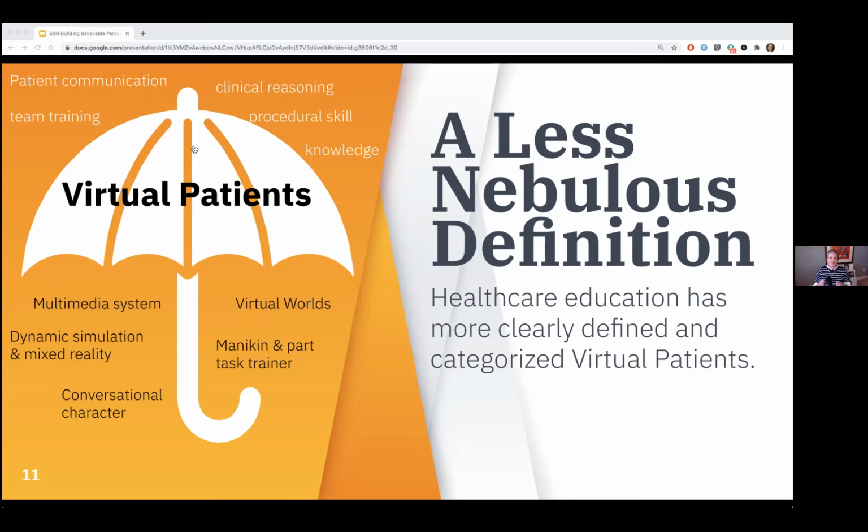There's an article titled "Virtual Patients, What Are We Talking About? A Framework to Classify the Meanings of the Term in Healthcare Education." It was published in 2015. It provides a really nice overview of these various platforms and competencies, which again, I think is one of the reasons why we're seeing this resurgence now. And it's important to note that not all virtual patients are created equal, nor should they be, because they're a tool we use for different competencies.